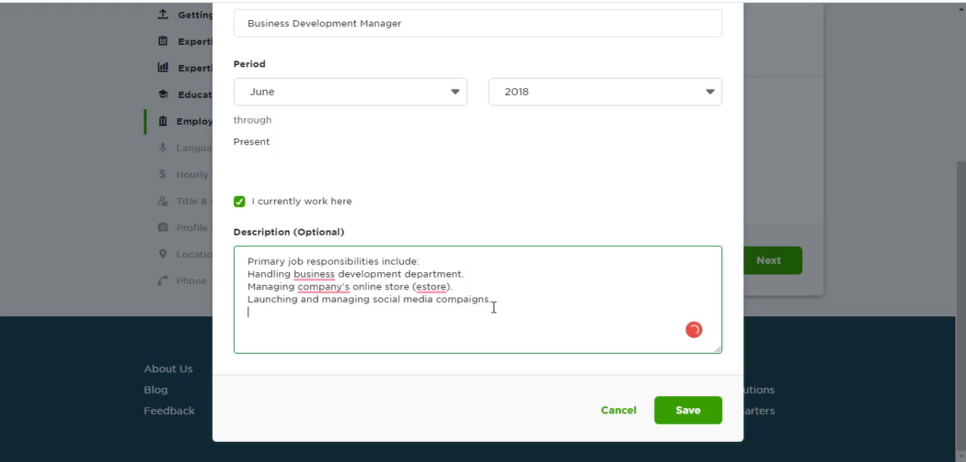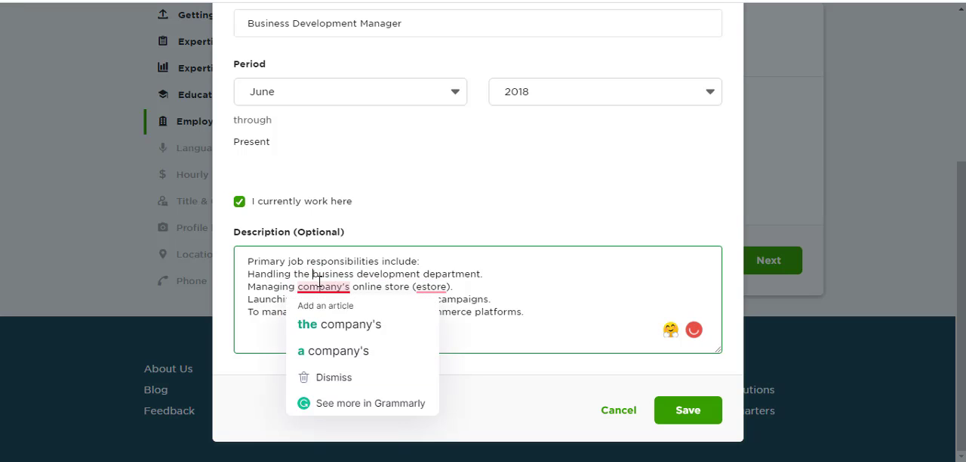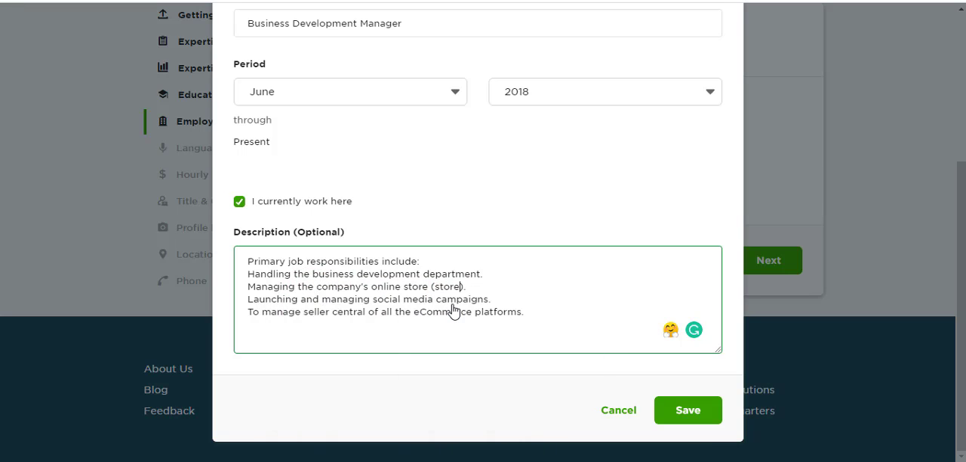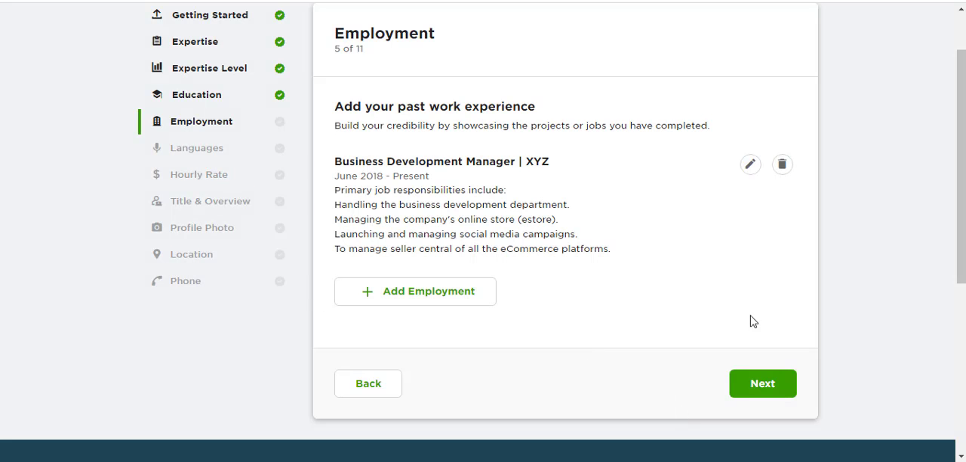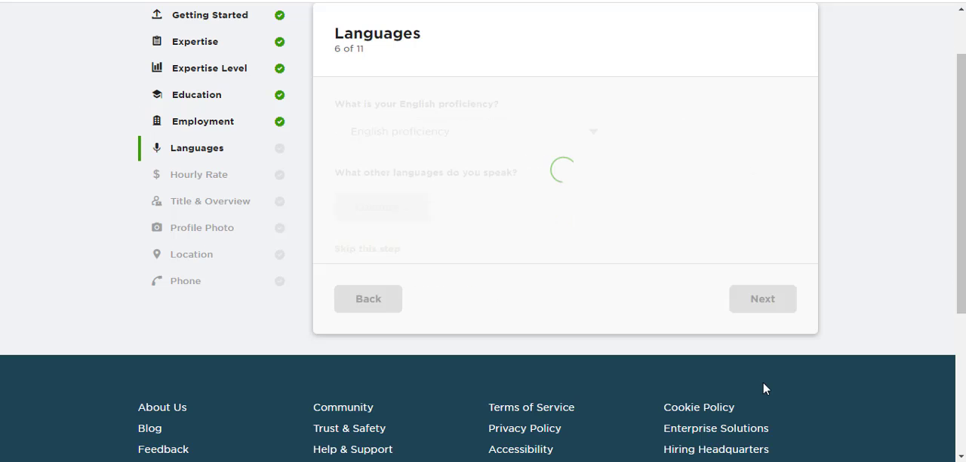And my next option is to manage seller central of all the e-commerce platforms. So these are enough. So let's see, where the business, the company and store. Sorry, it is e-store. So let's save it and move next. Our next option is language. So let's move next. And here